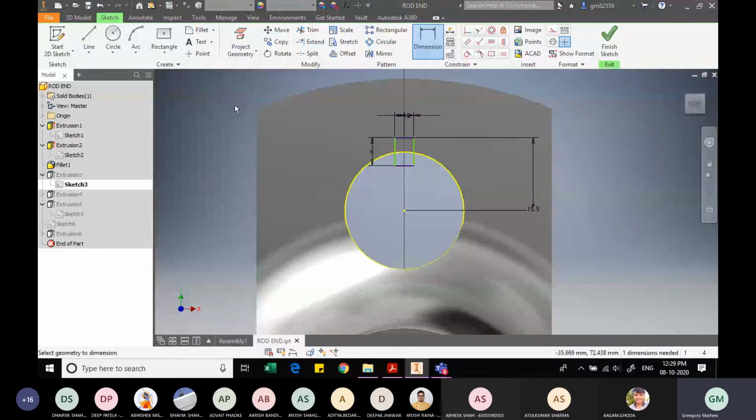6, 12.5, 15.5. Hello, sir. The snug height should be 7 mm on the bolt.